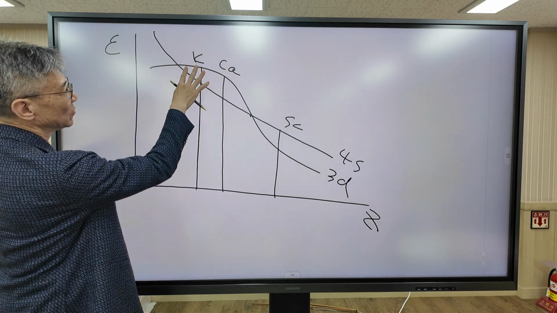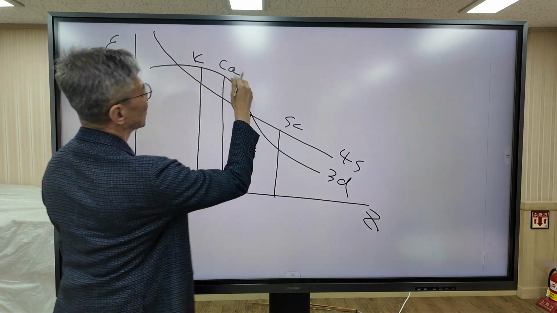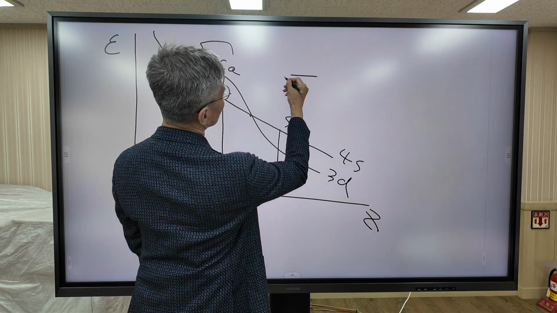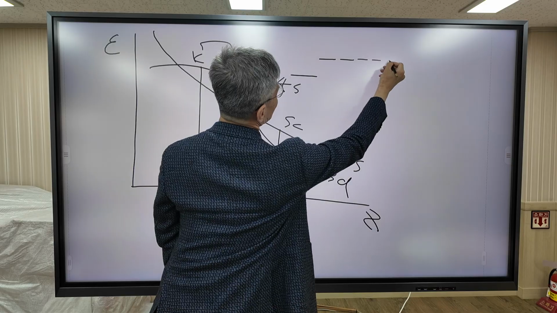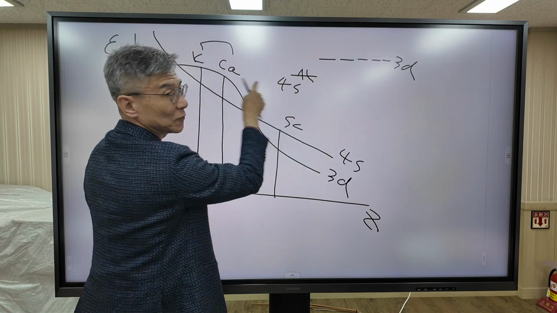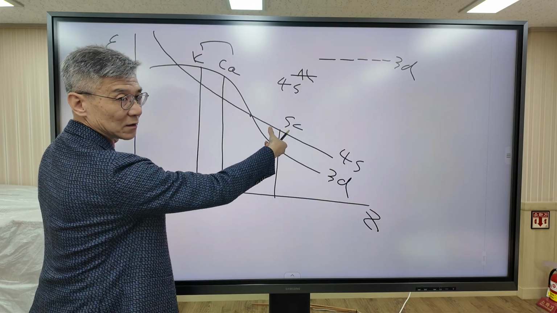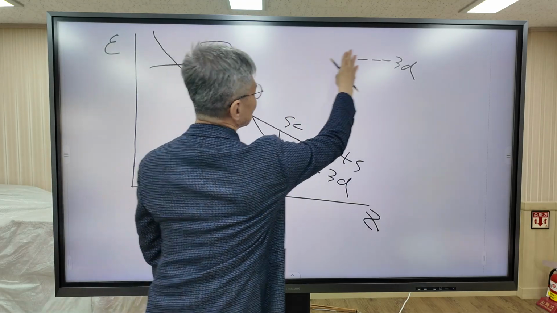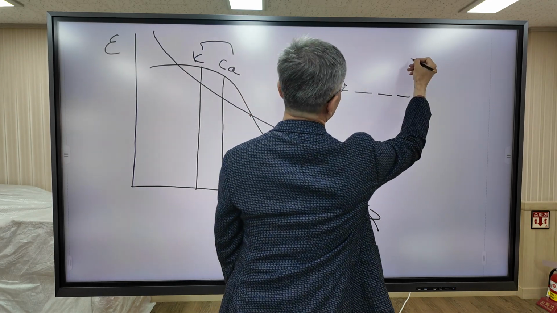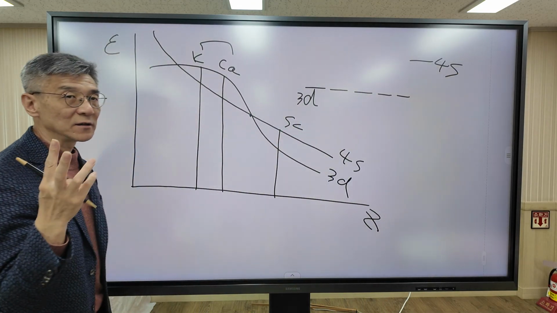So in potassium and calcium, the 4s orbital is lower than the 3d orbital. So for potassium and calcium, 2 electrons go to the 4s orbital. But after calcium, the order of the energy levels is reversed. So the 3d orbital is lower, and the 4s orbital is higher. Then scandium has 3 valence electrons.